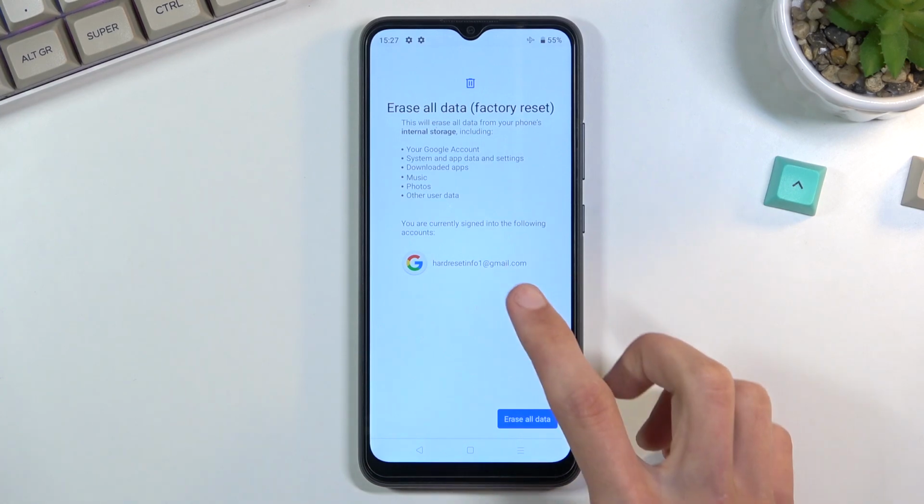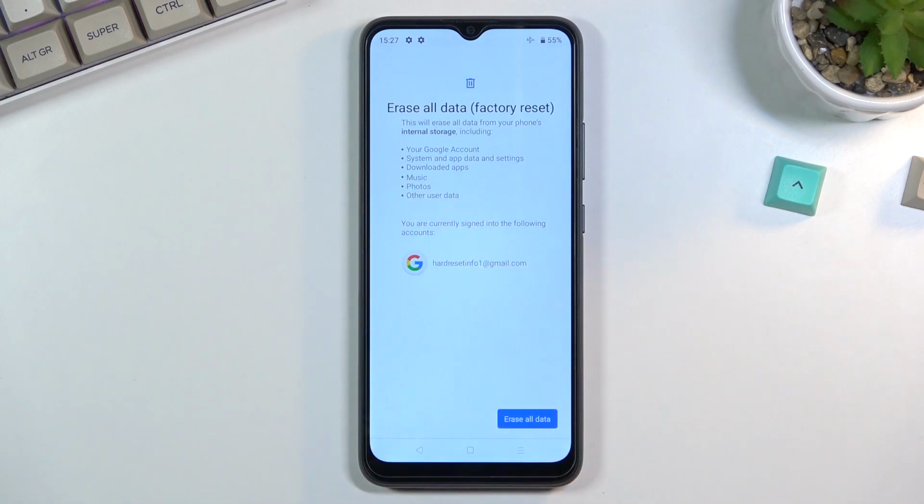So yeah, that being said, if you want to keep any of the three things that I mentioned before, music, photos, or user data, although photos also might be stored in the cloud, so it just depends how you store yours. But yeah, if you want to keep those, make sure that you have a copy of it. And once you have it, or maybe you just don't want to make a copy of it, select erase all